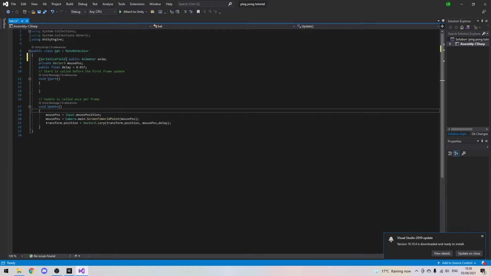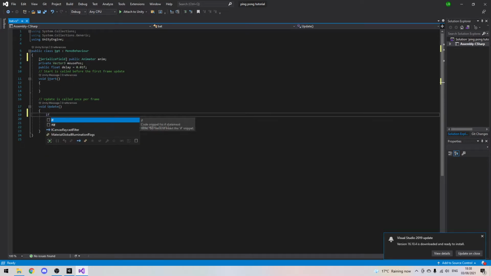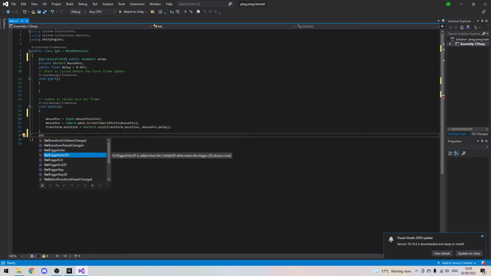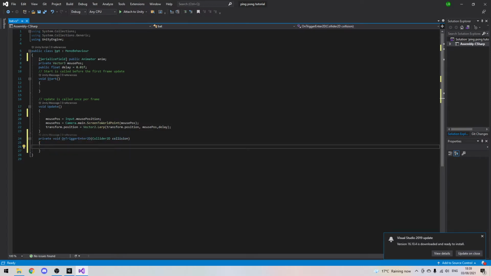What you want to do is, well, no, we want to do it out of the Update method, because we want to check if we collide with the ball, we want to play it. So you want to go OnTriggerEnter2D, because we're in 2D, and you want to do if